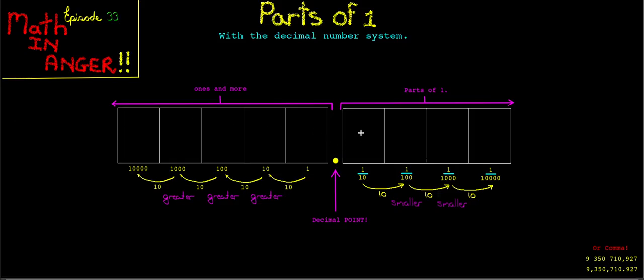On the right-hand side of the decimal point, we have our parts of 1, our tenths, our 100ths, our 1000ths, our 10,000ths. Yeah, it's a bit of a pain to pronounce, but if I go and do something like this for you,